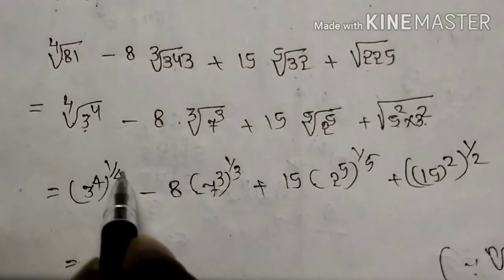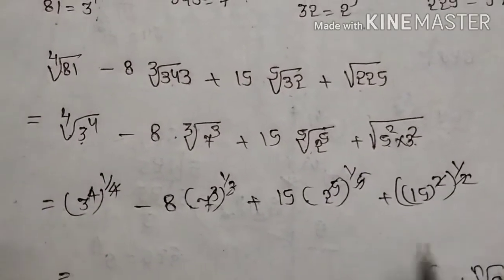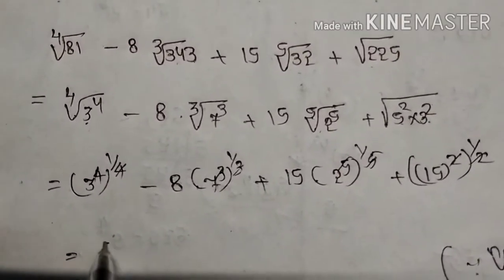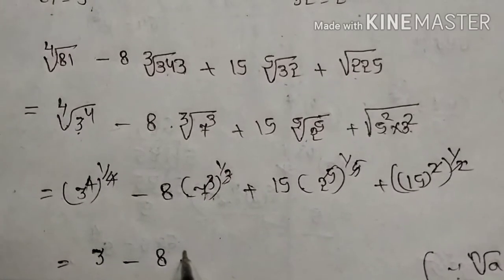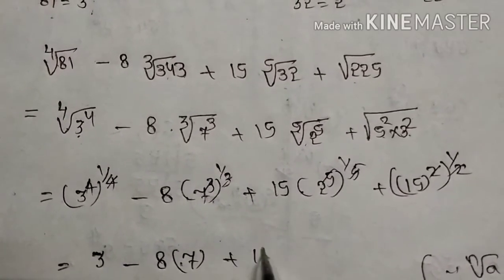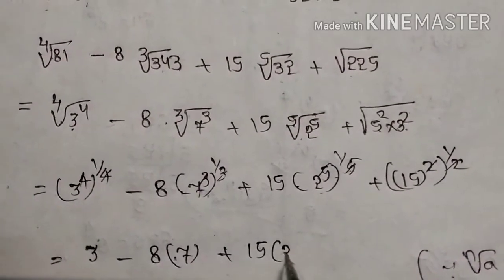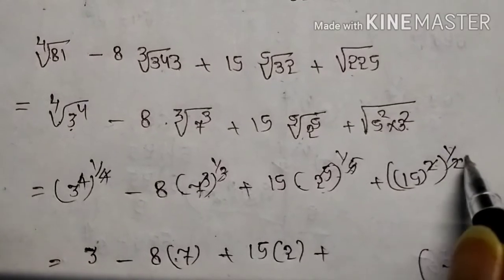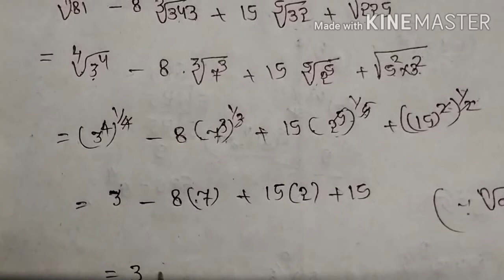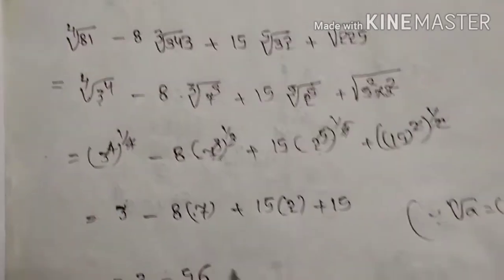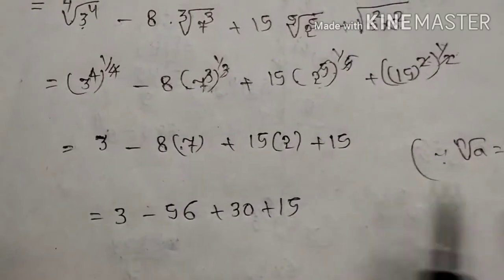That means here this 4 and 4 cancel, 3 and 3 cancel, 5 and 5 cancel, 2 and 2 cancel. We can do cancellations directly here. 3 power 1 only, minus 8 into, how much is left? You can see only 7. That means 8 into 7 plus 15 into 2 power 5 whole power 1 by 5, means 5 and 5 cancelled already. You know that only 2. Next here 15 square whole power 1 by 2, the 2s cancel. That means how much you left? Here we have only 15. That means here 3 minus 8 into 7, how much? 56. 15 into 2, how much? 30 here plus 15. Just we can do calculations here.